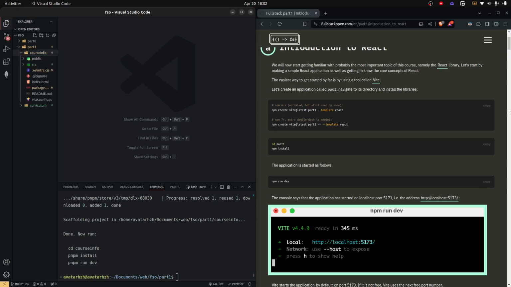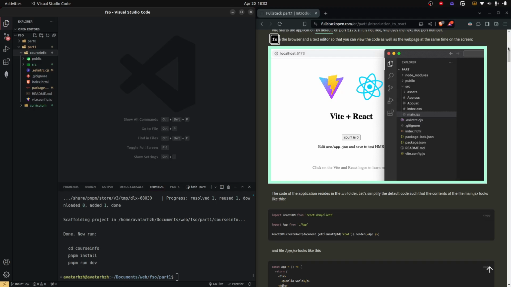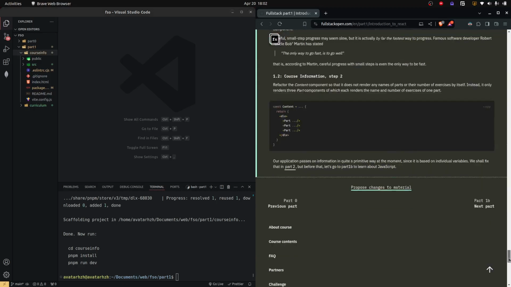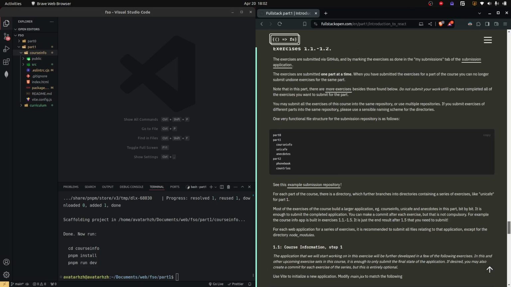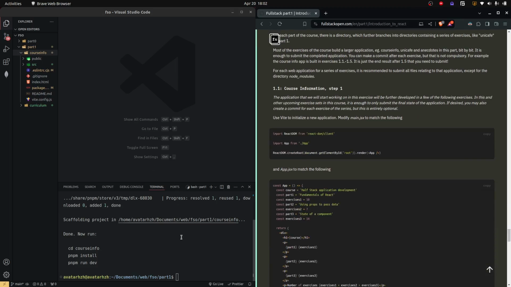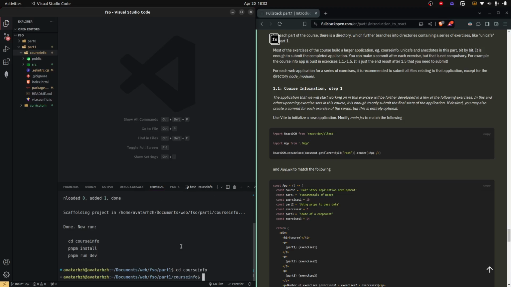Okay, great. Now we cd into course-info and then change main.jsx to the following